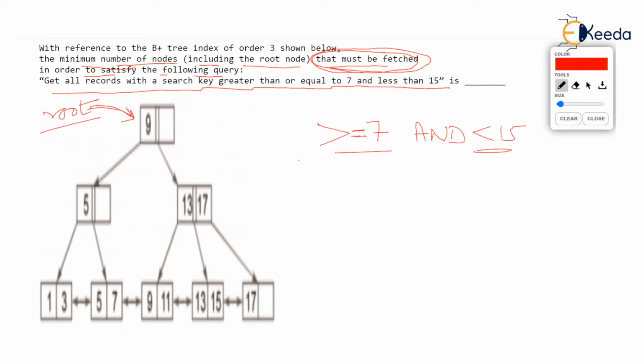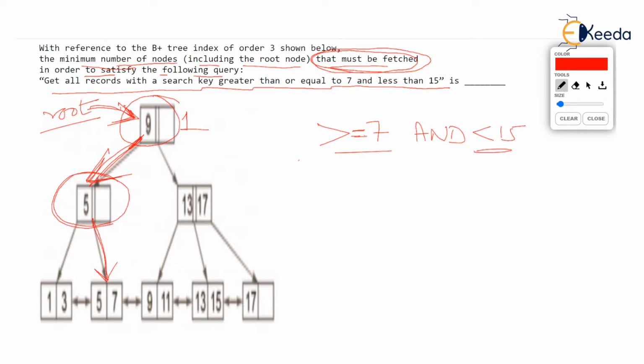So you will visit the root node and you will say I want to search 7. According to the rules, 7 must be to the left of 9 because 7 is less than 9. You know the rules of B and B plus tree. So what you have done is you have fetched this node, isn't it? Because you are reading something from this node. So one node has been already fetched, but we know it doesn't store 7. So we will have to visit left. And after visiting left, when we reach this node, listen, we are searching 7, isn't it? We know that 7 must be to the right of 5. It is larger than 5, so we reach this node, isn't it so? But then we have already fetched the second node also.